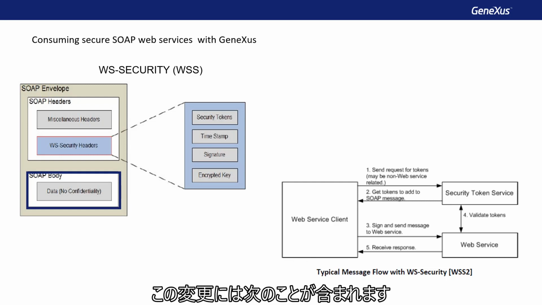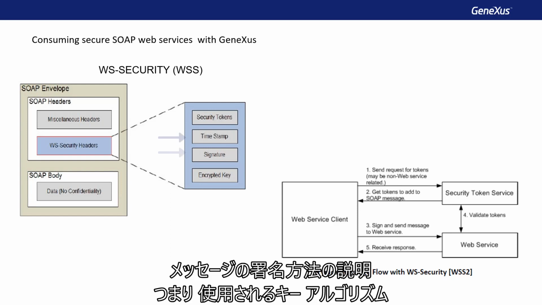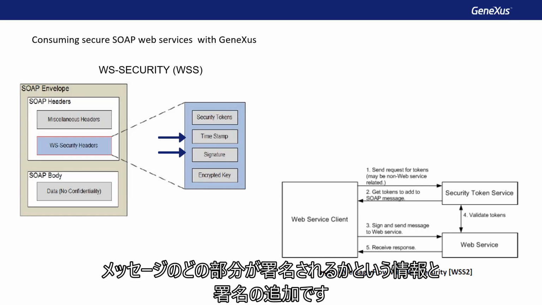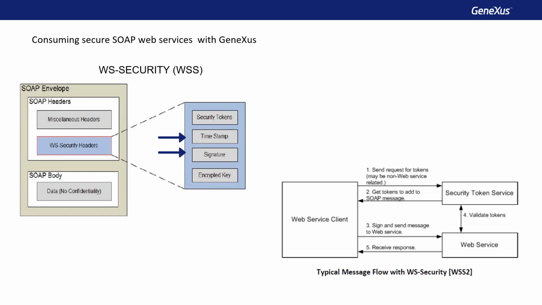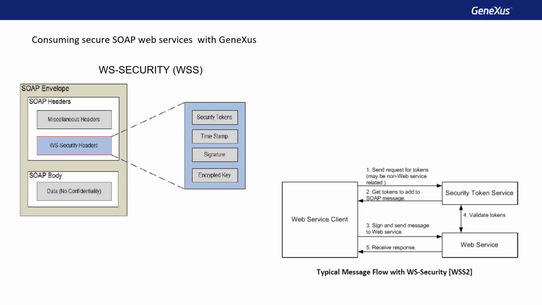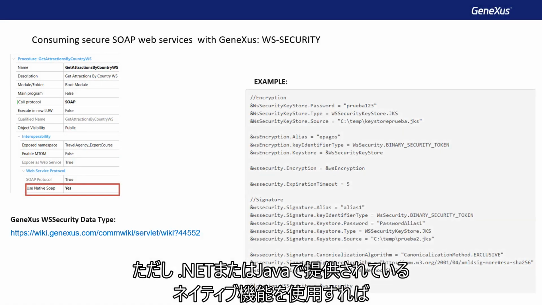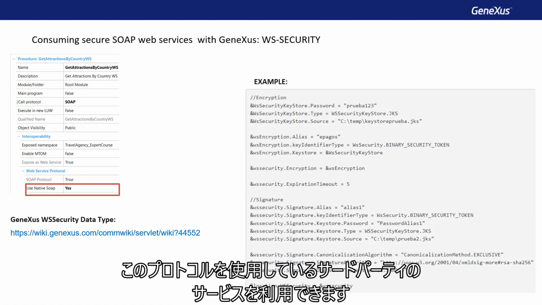These modifications involve adding a security token specifying the credentials of the message author, adding a description of how the message is signed, the key used, algorithm, what part of the message is signed, and its signature. And also adding a description of how the message is encrypted, encryption key, algorithm, and what part of the message is encrypted. With GeneXus, we do not publish web services with WS security, but we can consume third-party services that